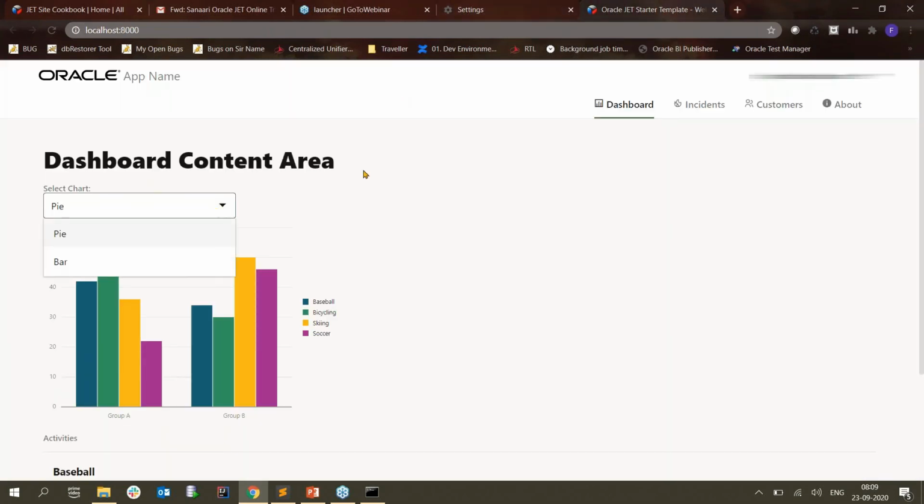No, I'm not sure what exactly happened on that application. I'll just check it out. But this is how it will come. So you have seen, right? By default, we have assigned the value of pie. So the value pie would be assigned, and the second one is the bar chart, the bar value. So this is how the basic OJet development for select works, how you utilize the OJ select components.